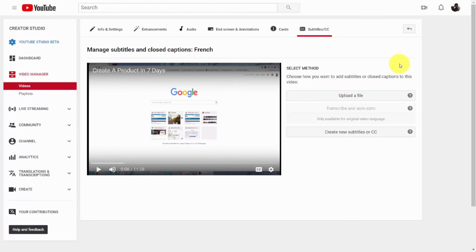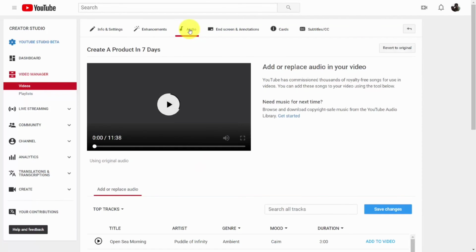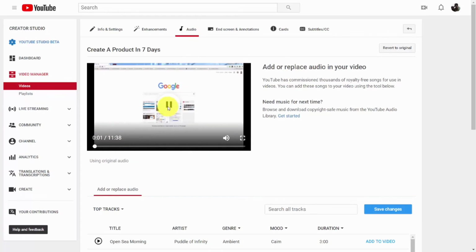Welcome back. Now, depending on what your live stream is and what you're trying to do, another part of the post-production process may be to add music. You can do that inside of your video editing screen by going to the link that says audio. When you do that, you'll notice that you can add or replace audio inside of your video. Now, you're not going to be able to add anything from your personal computer to your existing video,